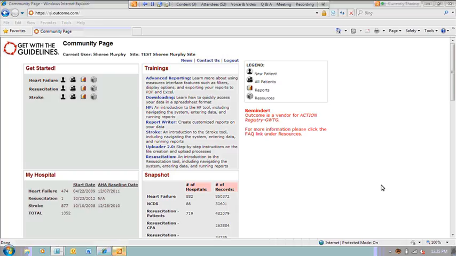So I'm going to start with a stroke example and give you a little scenario, and we're going to go in and run the reports relative to this scenario. This is something that happens if you're new, we'll say, to the patient management tool. Your hospital may not be new to the patient management tool, so keep that in mind. Last year, your hospital did not qualify to renew your Gold Plus award for stroke.